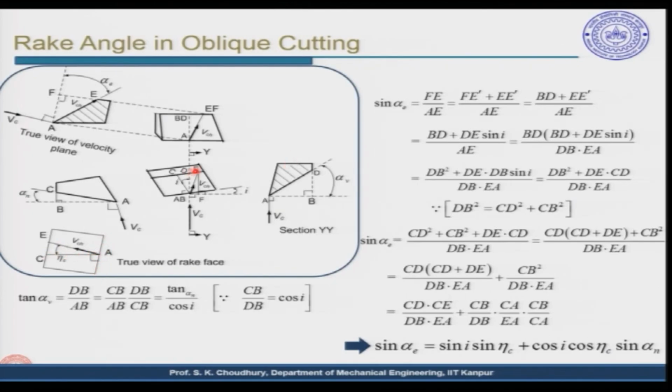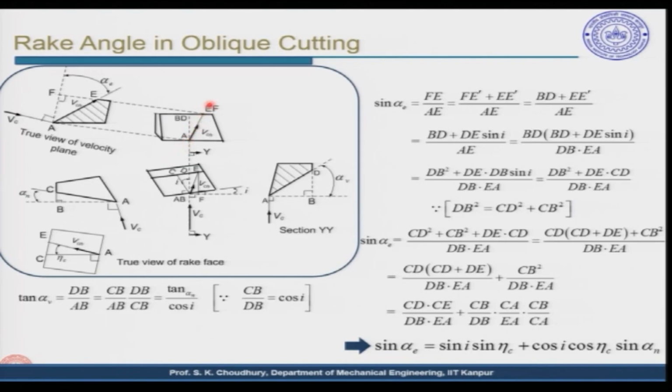In the other view, if you take a section along the VC, let us say YY, this will be the YY section and here this will be the cutting velocity vector. Now, here is the chip velocity vector. The chip will be flowing along the rake face, and this E will be here, the F will be here at that point, and if we take a section which is along the